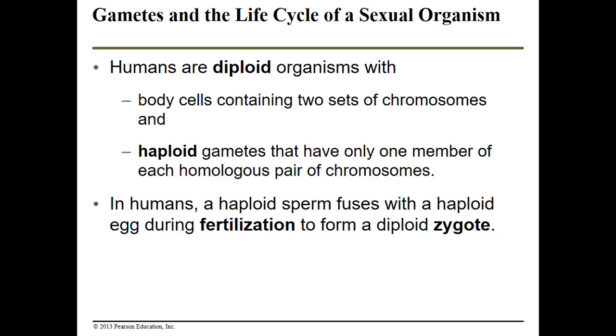So we are diploid. We've got two sets of chromosomes, whereas our sex cells are haploid, and they only have one. So during meiosis, our goal is to get down to only one copy of each chromosome. Then our gametes, the sperm and egg, fuse together and form a new cell called a zygote. So the zygote is when the sperm and egg fuse together. And that starts going through divisions to become new life. So that zygote turns into a baby, turns into a toddler, turns into a teenager, then a human,